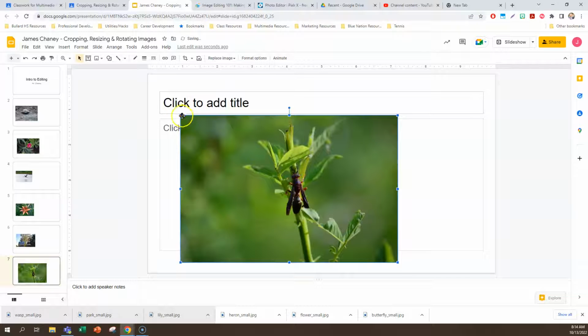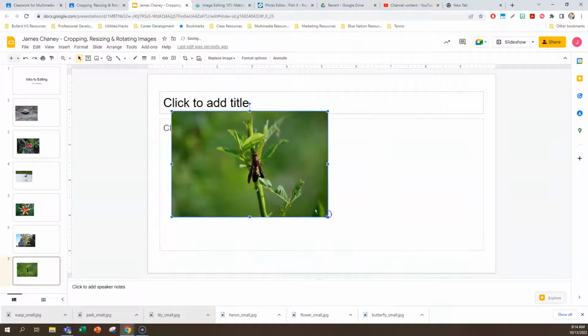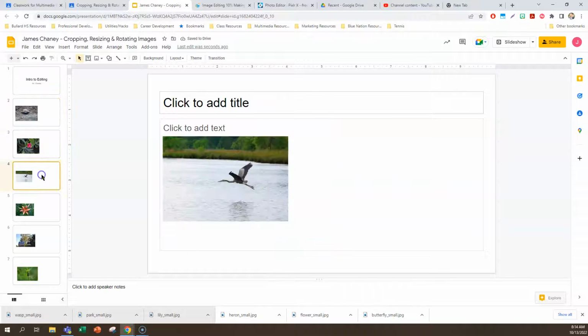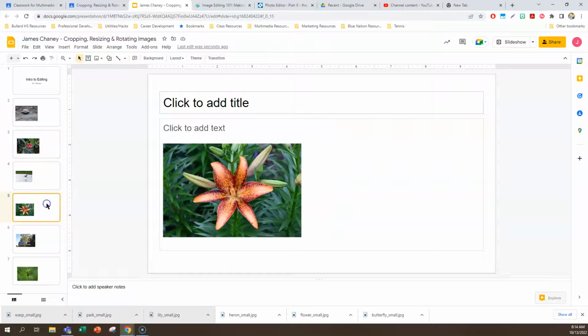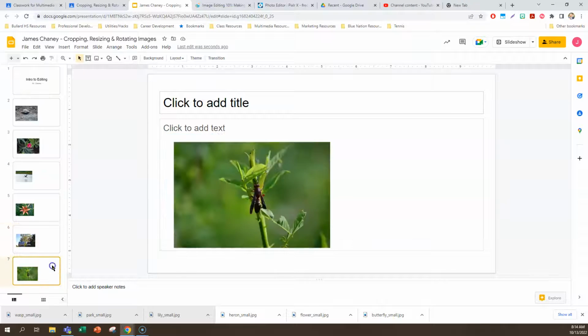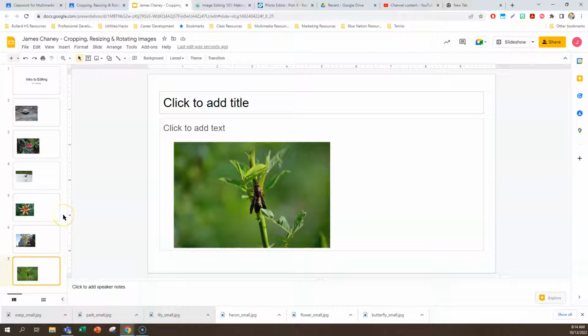Okay. So on the first 2 slides, the first 2 pictures, we're going to be using the cropping tool to do those. The second 2, the heron and the lily, we're going to do resizing, and then the park and the wasp pictures, we're going to be doing rotating of those images. So here's how we do those in Pixlr. Go to Pixlr,